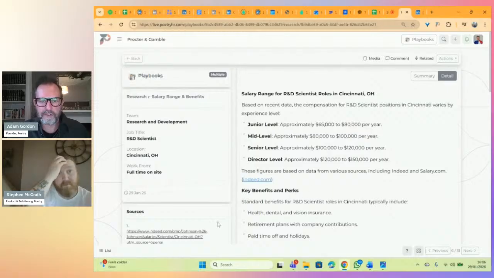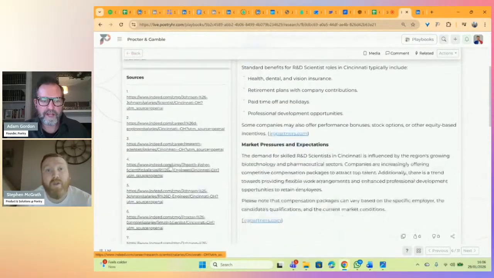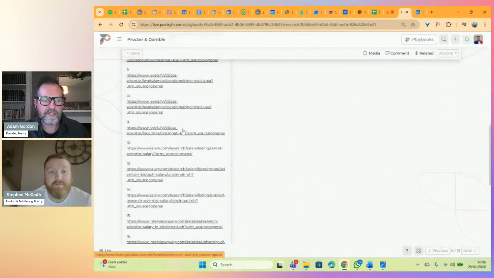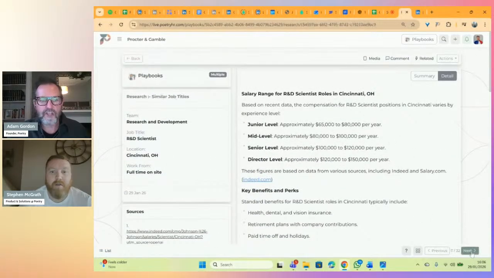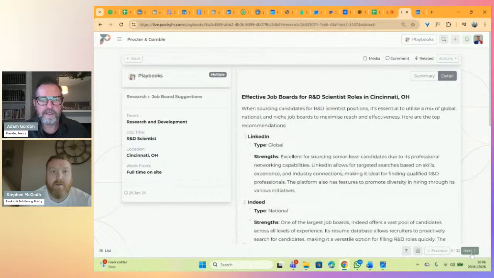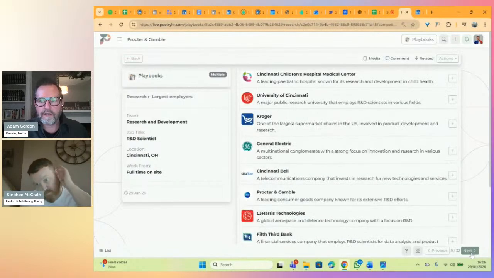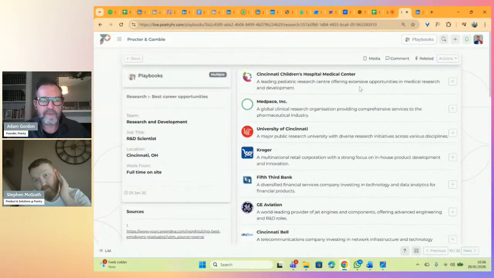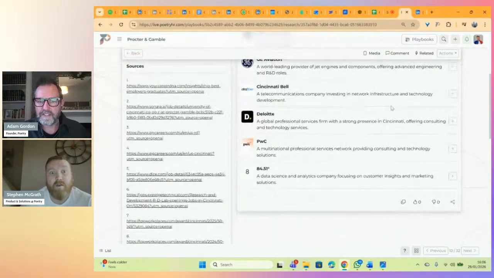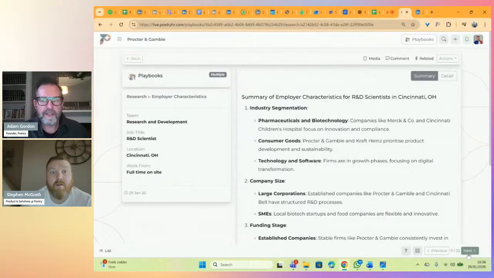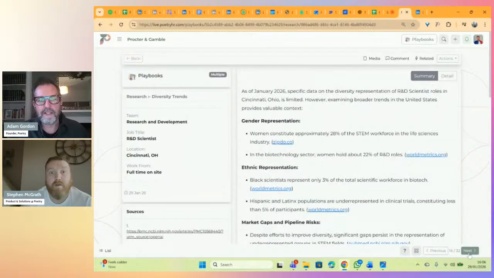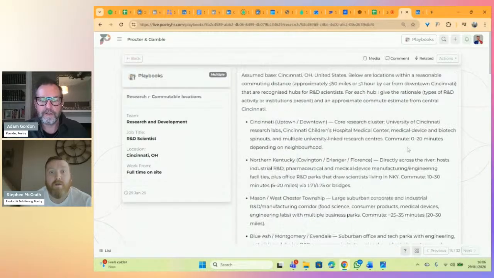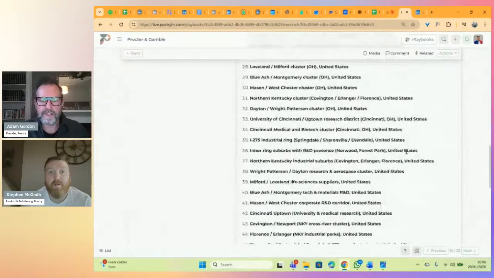We use a variety of different sources for this. We verify a lot of this as well, and down the left-hand side you can see some of our sources. You can click on the links in the text that's generated. Similar job titles, where to advertise, the largest employers for this type of job in this location, the companies with the best career opportunities for this type of job in this location, the characteristics of employers that hire for this job, and industry insights, remote work trends, diversity trends, commutable locations, where there are people that can do this type of job,